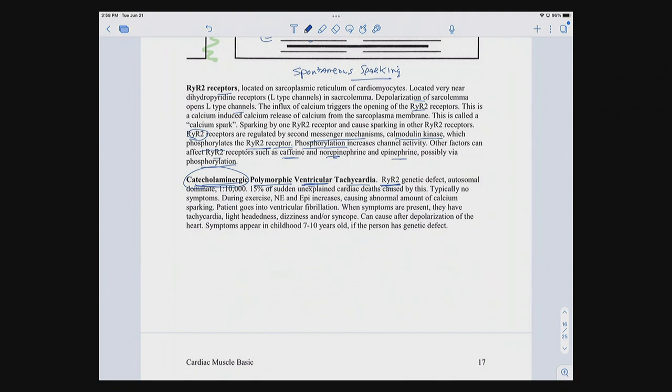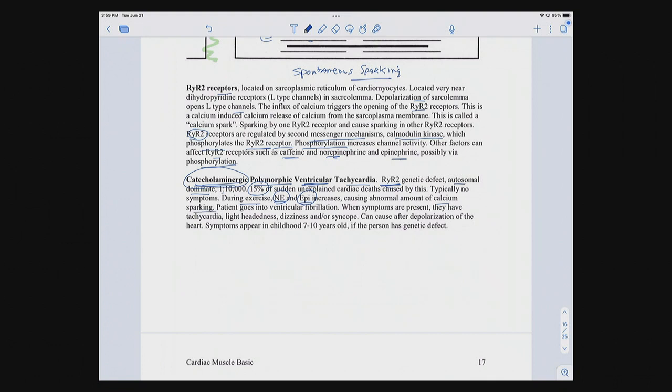It's an RYR2 genetic defect. This is autosomal dominant. About 1 in 10,000 will have it, and it comprises about 15% of sudden unexplained cardiac deaths. Typically, no symptoms. You don't know you have the genetic defect until, most of the time, it kills you, which is very sad. But during exercise, as you know, your norepinephrine and epinephrine can increase for a variety of reasons. You want to speed things up because you're exercising, so that is not surprising at all. But if you have this defect, it's overly sensitive to norepinephrine and epinephrine,